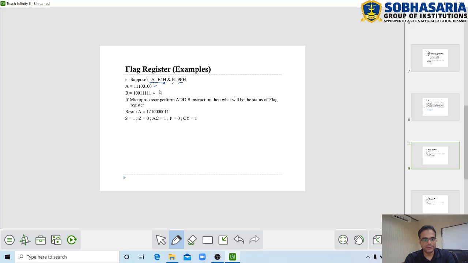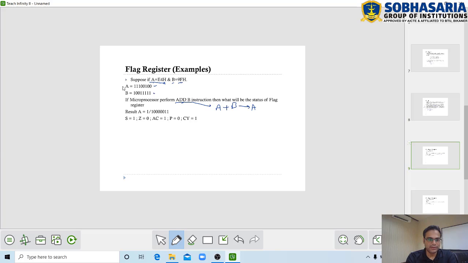So A and B are the two values stored. Suppose now the microprocessor performs the ADD B instruction, then what will be the status of the flag register? ADD B is an instruction which performs the A plus B operation and the result goes to the A register.